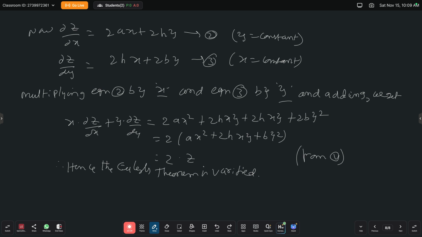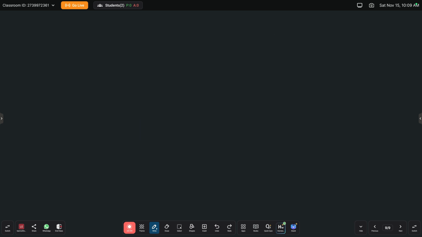So verifying Euler's theorem is nothing but proving that LHS equals RHS. So what is Euler's theorem? x into dou z by dou x plus y into dou z by dou y is equal to n into z. With the variables, for the function u, x into dou u by dou x plus y into dou u by dou y is equal to n into u. Okay, and now another one, we can verify Euler's theorem